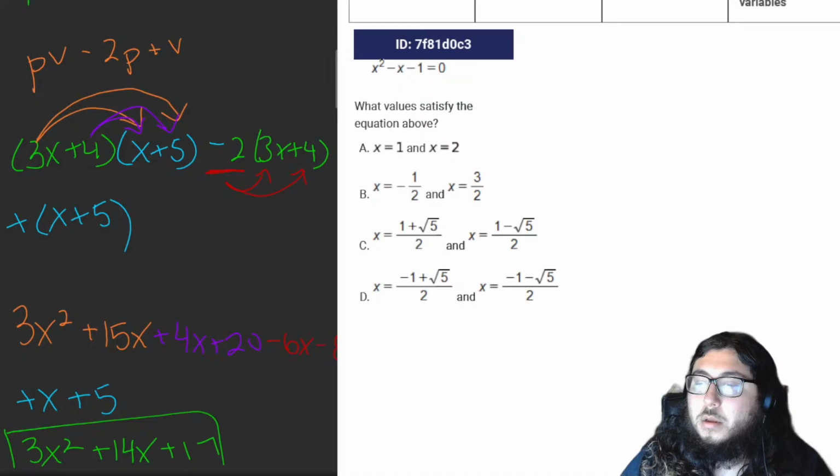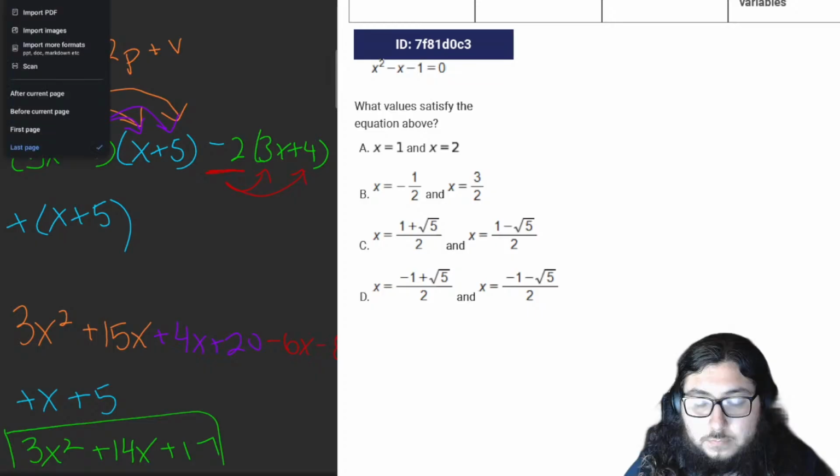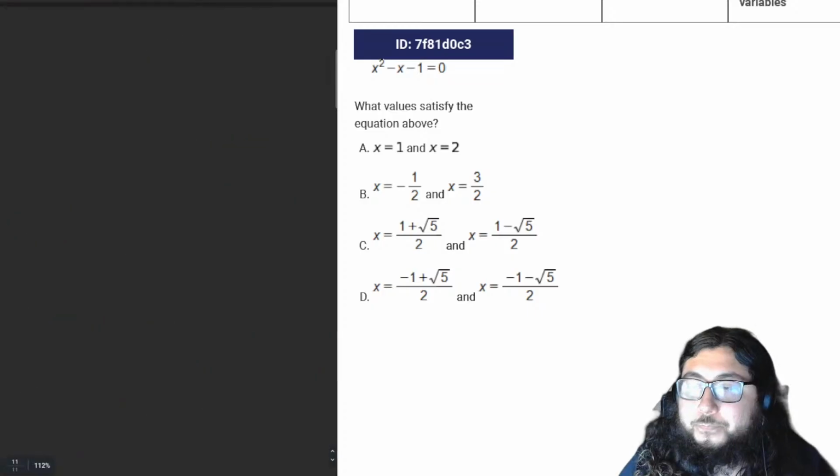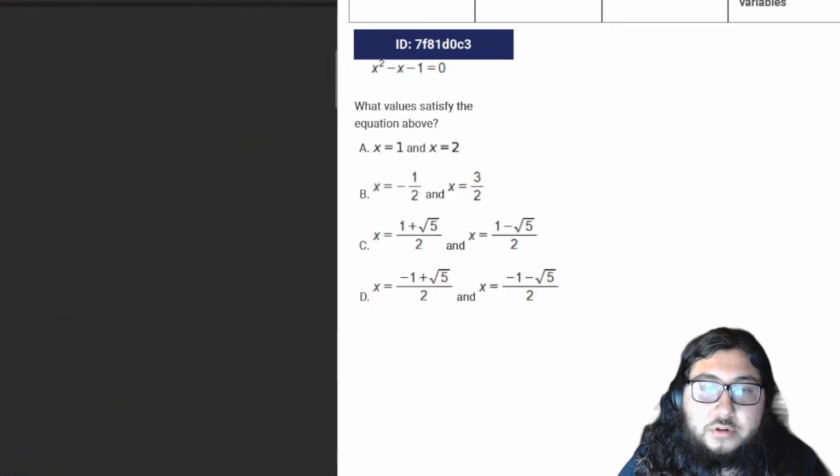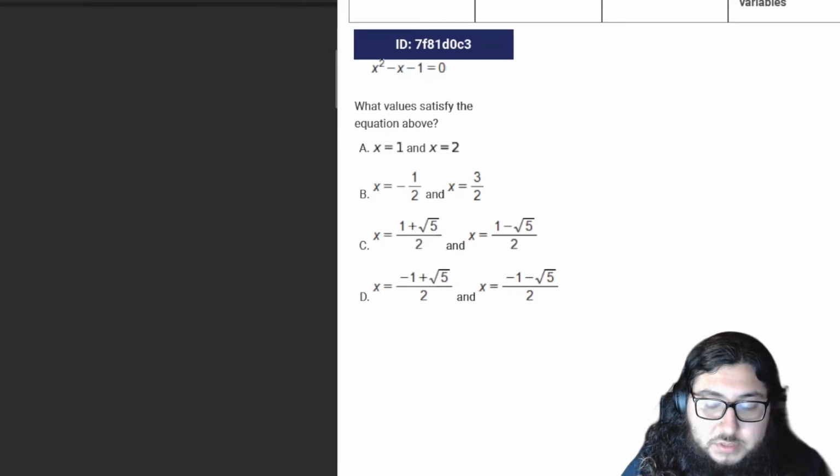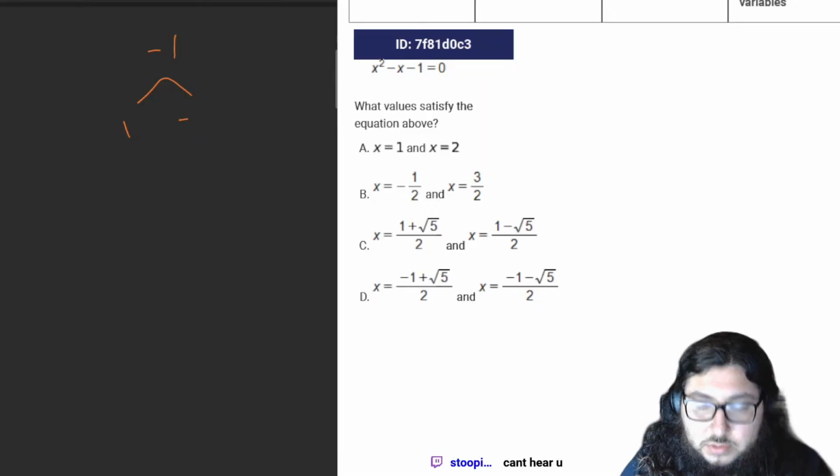So, what value satisfies the equation above? For this, we have to use the quadratic formula. If we try to factor it, we'll see that -1 has only factors of 1 and -1, and those can't